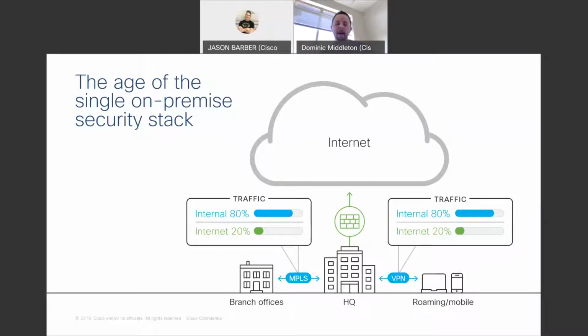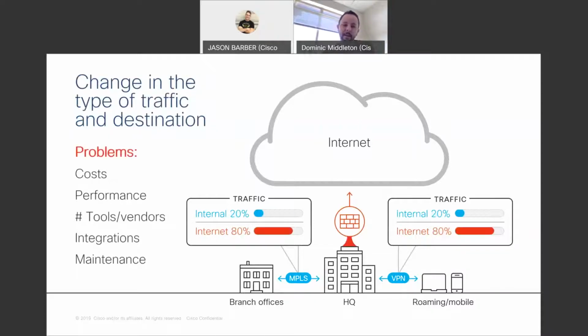There's a little bit of internet in there, but keep in mind, the internet is not what it was for business 5+ years ago. If you think of all the business applications that we're using today, just as part of our daily life, I'm on 2 applications right now, I think, just doing this PowerPoint. So think about that. That's what things used to look like. Lots of internal traffic, not a lot of internet traffic, and that has totally flipped today.